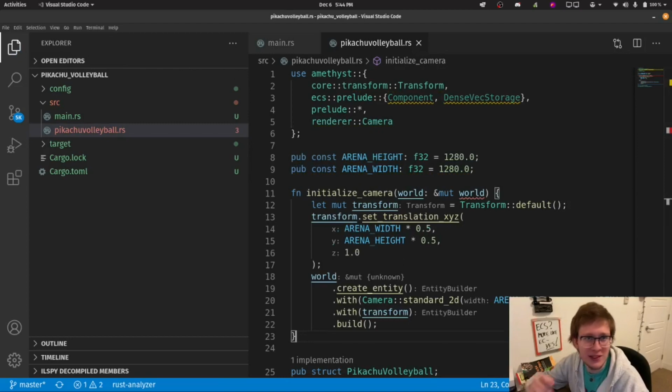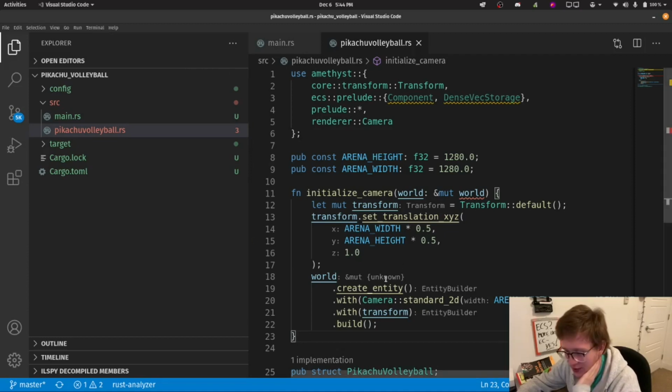I'm copy and pasting things just sort of to speed up the process. I'm predicting that this will be a long video, so I'm trying to make it as concise as I can. Yeah, so we created this arena and we'll be using it inside of the camera, as you'll see in just a second. So for now, let's talk about this entity that we are creating.